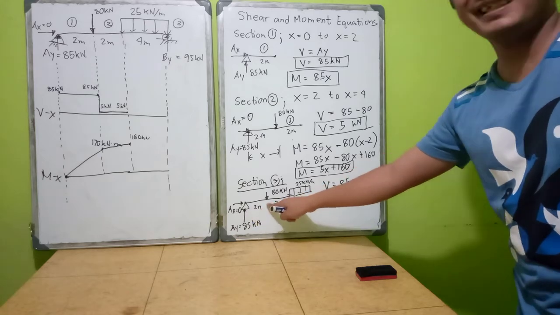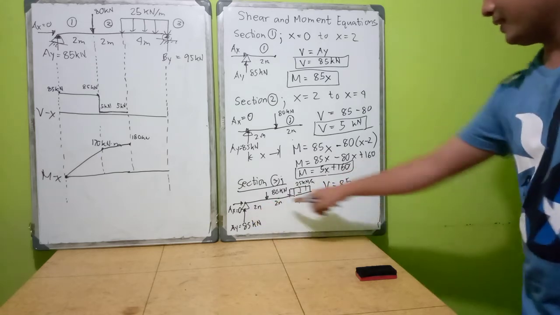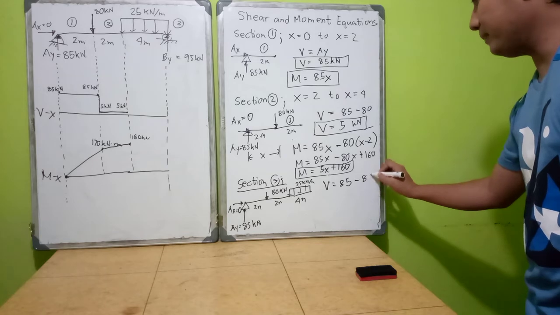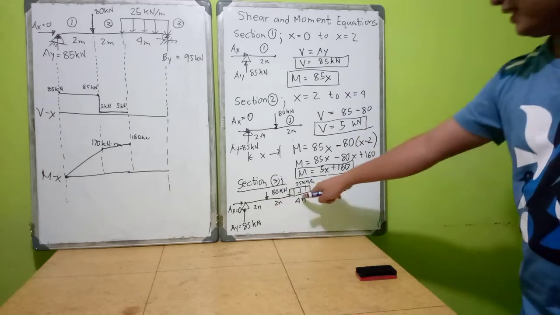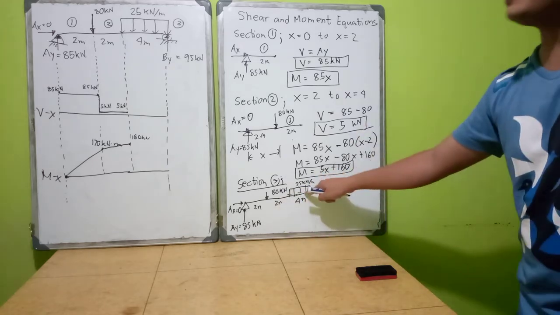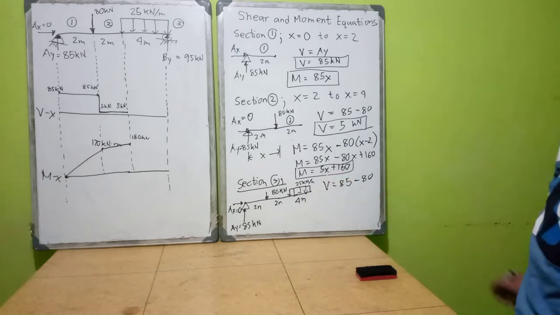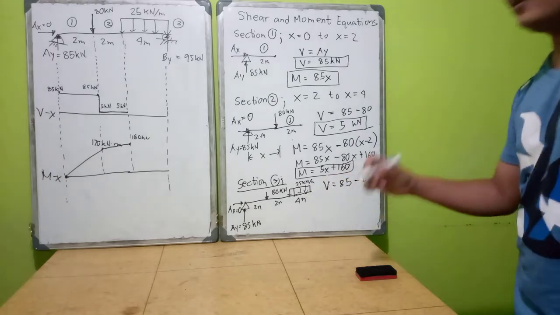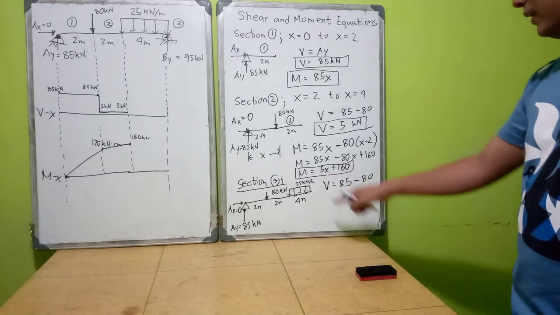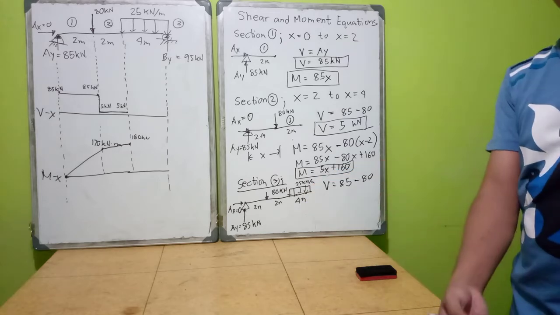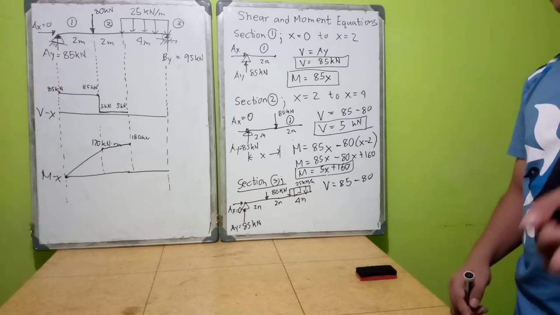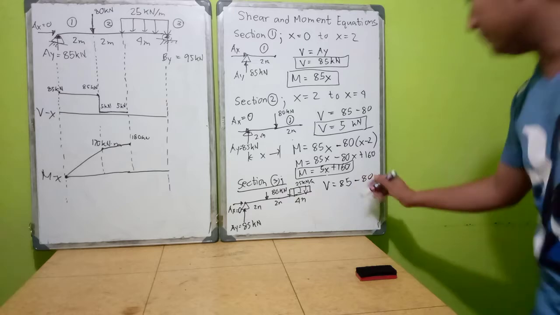Then there is a point load somewhere in 2 meters, so minus 80 because it's downward. And then there is a force which is 25 kilonewton. So how do you draw its shear equation? So its shear equation, as you can see in our first video, as I have discussed, it will become